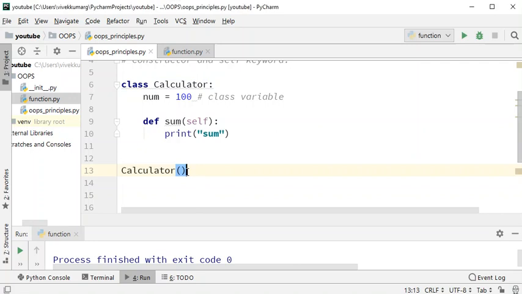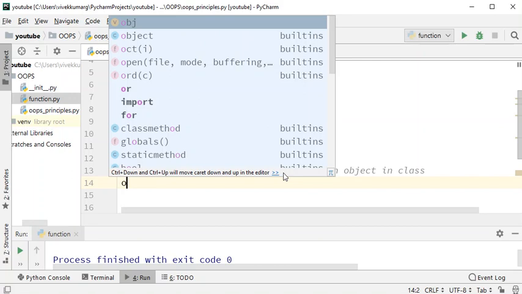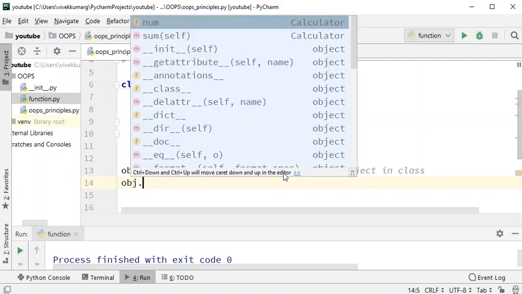Now you need to assign this object to a variable. Let's suppose we call it obj equals Calculator. Correct, right? So this is how you create an object, and this is the syntax to create an object in a class. Now, if you wanted to call a method, you can use obj dot and you can say sum.